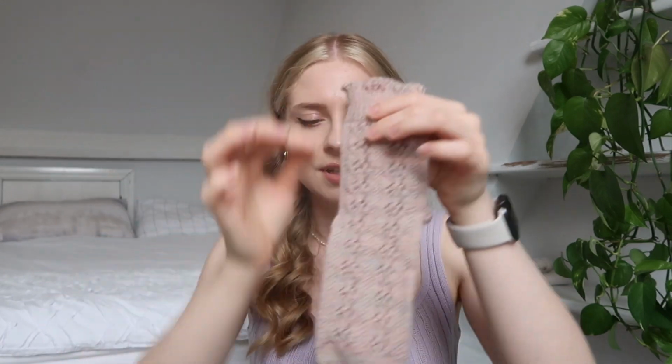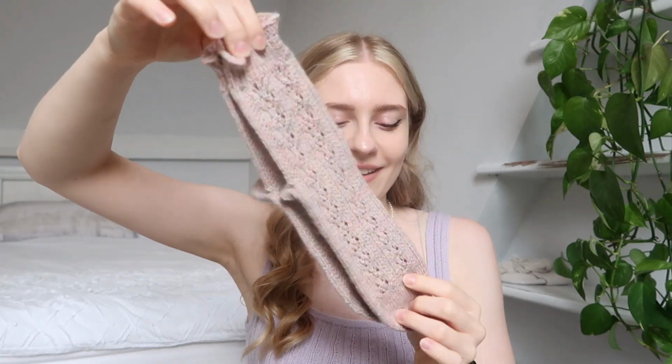I think my foot just gets stuck in this part, and I have to shove my foot through, but once they're on, they fit absolutely fine. This sock is shorter than this one, and they have exactly one lace repeat of difference, because first I knitted this one and then I realised it's a bit